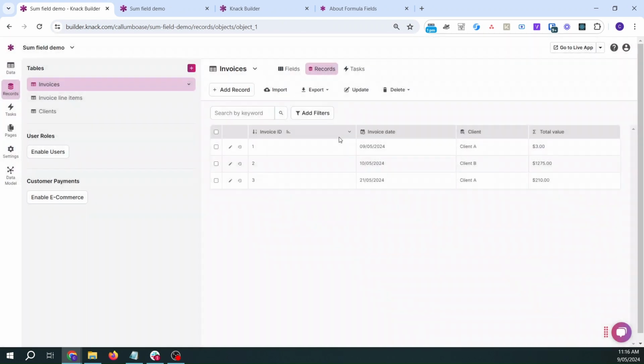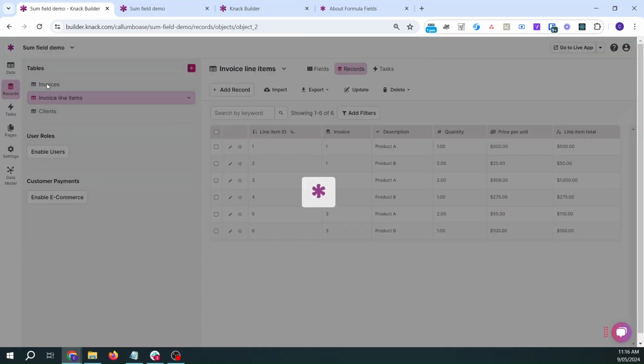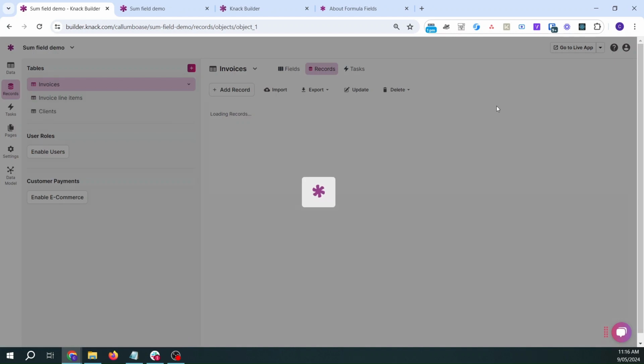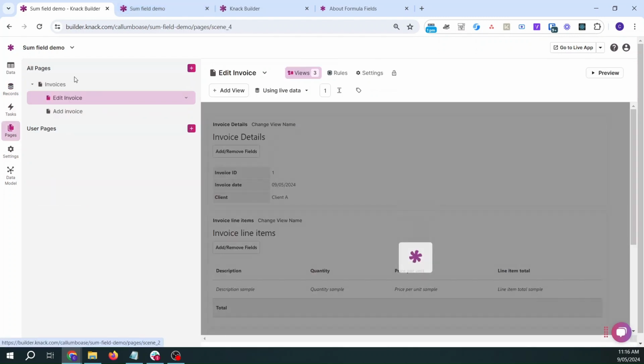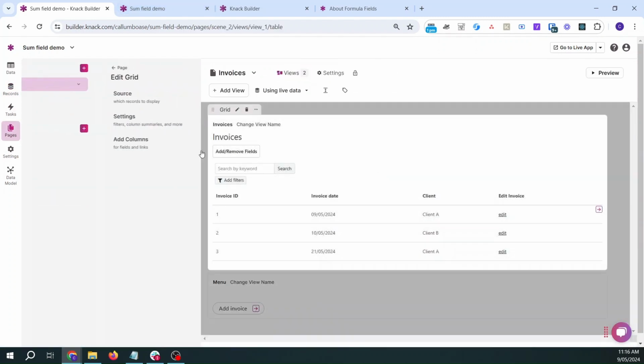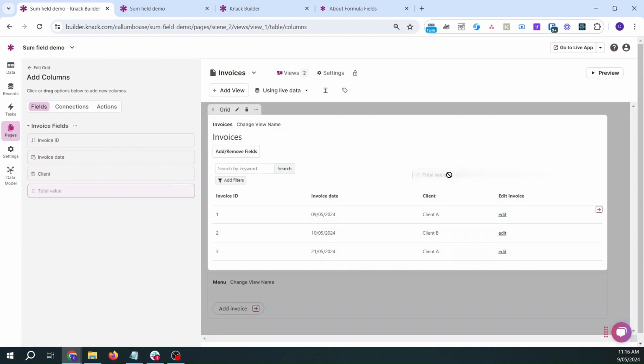Now when I've added that, if I have a lot of records in my database, I might find that this takes a little while to update. And I think we're seeing some different values here that aren't making sense. Okay, that's making sense now. So it takes a little while to what's called reindex or recalculate the value when you add a formula like that. So now in my invoices table, I can go and add the total value